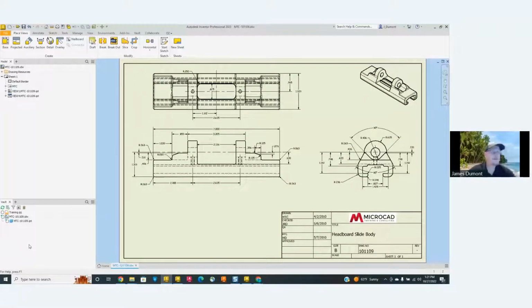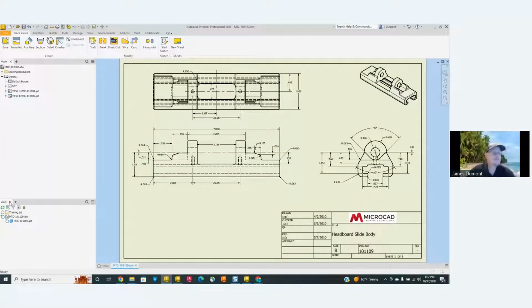So now what I want to do is take advantage of the software that we have. Vault Basic, if you are not using it, comes with the Product Design Collection. You really want to take advantage of this. It doesn't cost anything other than setting it up and configuring it, but the advantages you get are incredible. So I want to look at how I would do this using Vault. I'm going to close this.